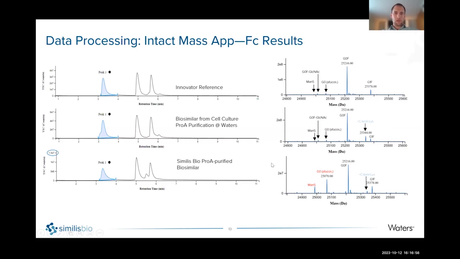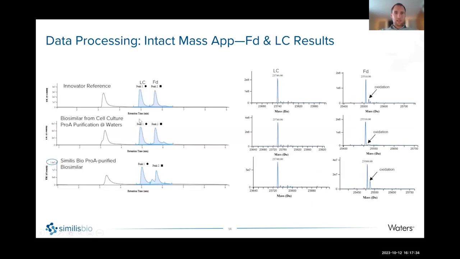Our expected specification for several of our biosimilar products is going to be less than 1%. So for a relative abundance of less than 1%, we weren't sure how reliable or how precise or sensitive this method would be compared to a fluorescence-based method, which we have a long track record with and is very well characterized. I would say the initial results were very good. We can go through some of the data later, but we were able to reliably pick up these high mannose peaks, which was encouraging to see.